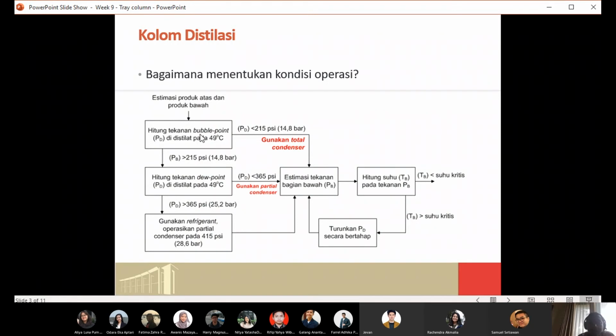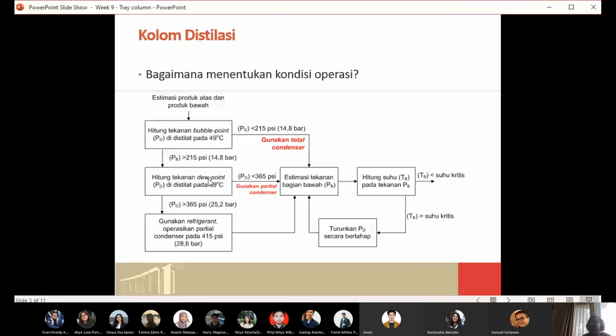We will think not about the bubble point, but about the dew point. Dew point means that the condensation will not be 100% transformed from vapor into liquid. It could be partial condensation. For example, only 40%, only 30%, only 20% of the vapor coming to the condenser will be condensed. Why do we have to think about the dew point?